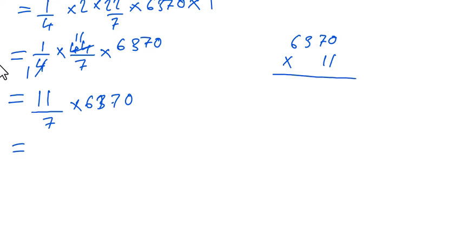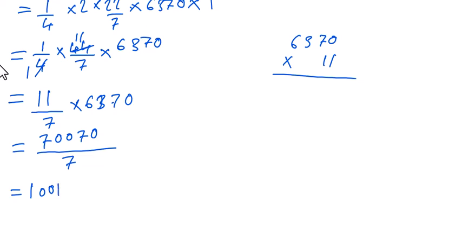So we're going to have 70070 over 7. So 7 into 7 is 1, then this will be 0 0, then 7 into 7 again is basically 1,